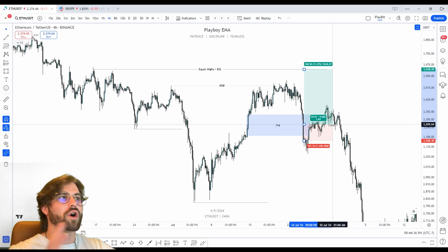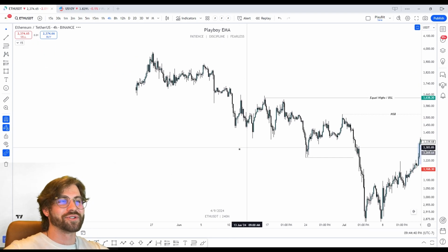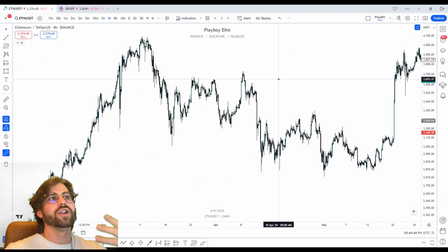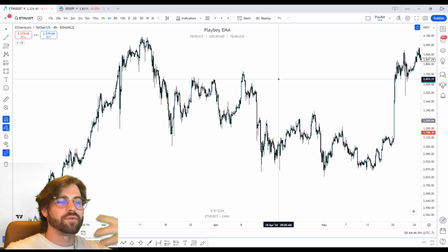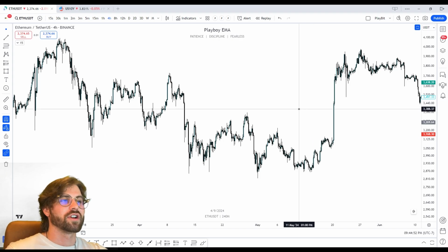So that's exactly what I would want it to look like. In this example, it fails, but watch this. Let's go into the beginning of the year, and this is where a lot of my students struggle: when do I use the QP? When does it make sense for me to be swing trading more? And you're going to be able to tell when market conditions are screaming at you that it's time to